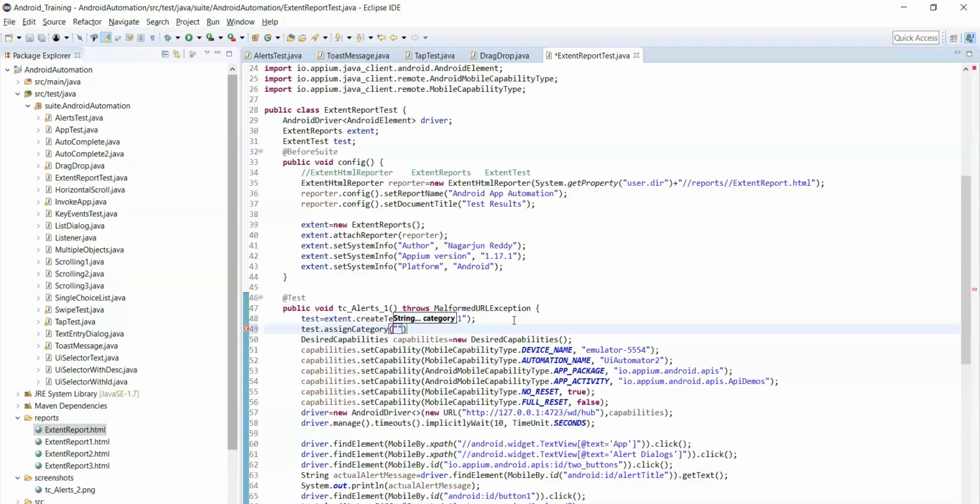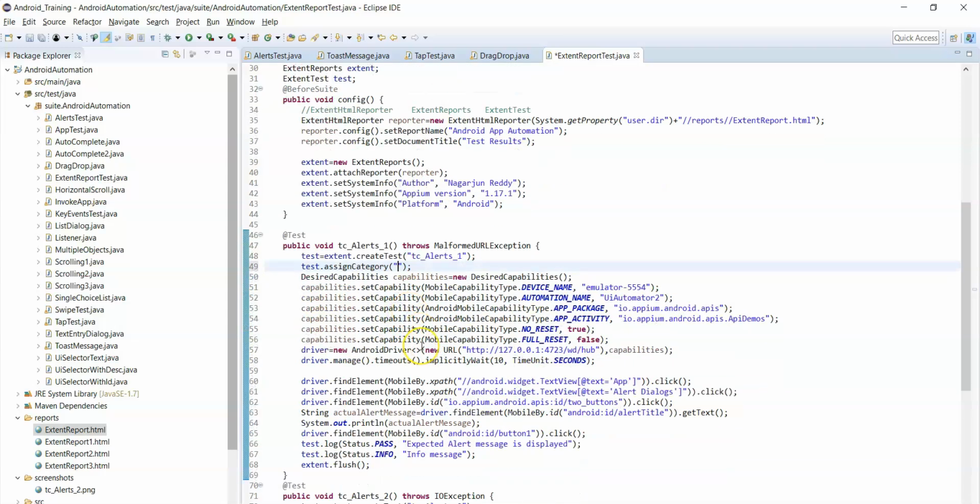So we can give the category name, that is, let's say first two test cases are sanity test cases. You can assign the category as sanity. But you must assign the category after creating the test only.